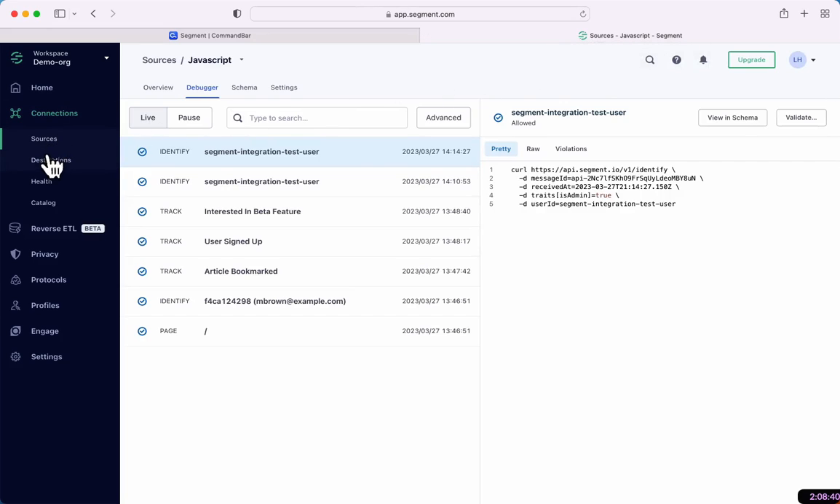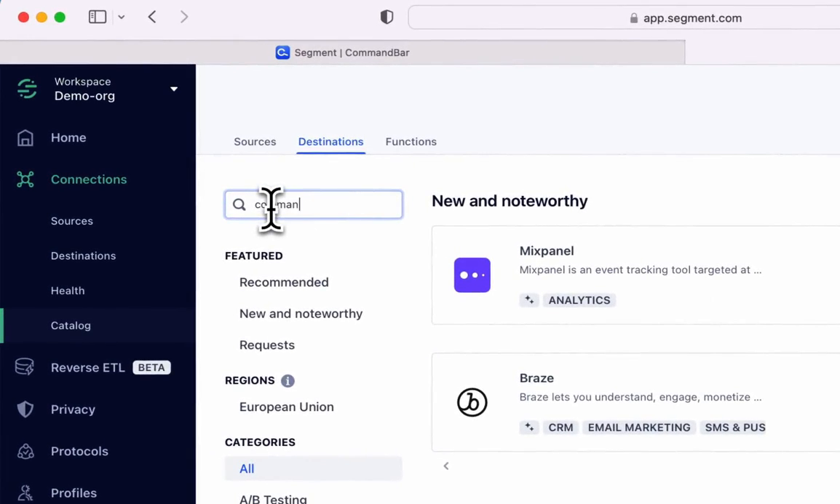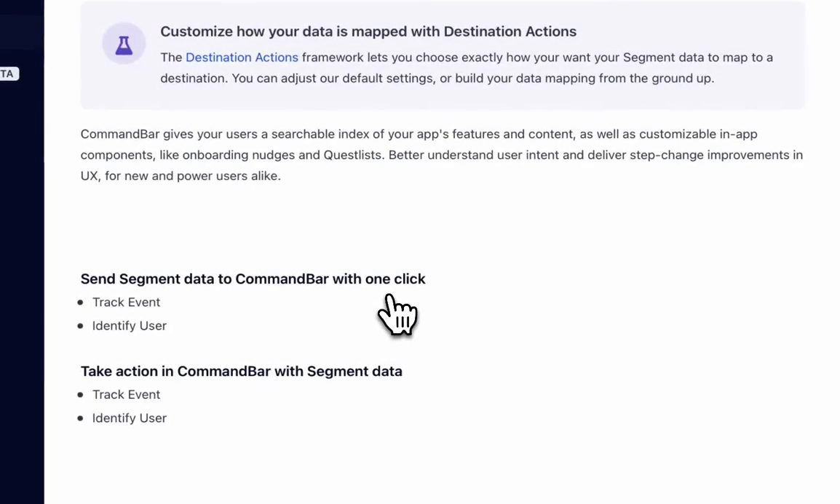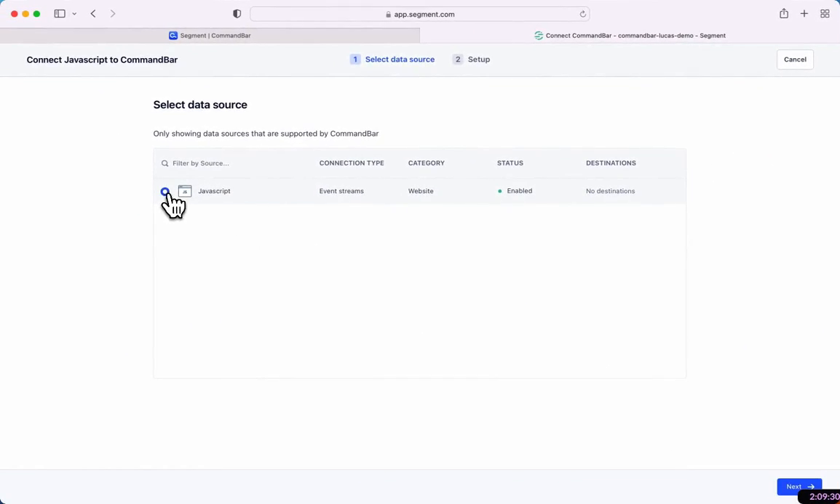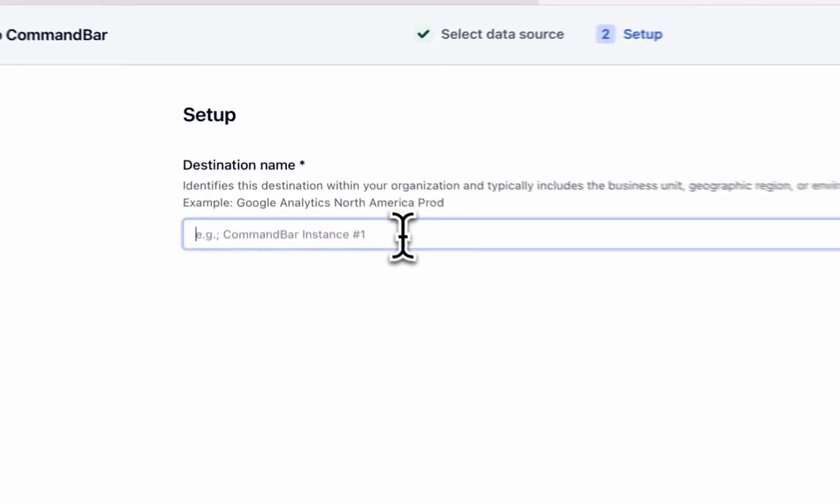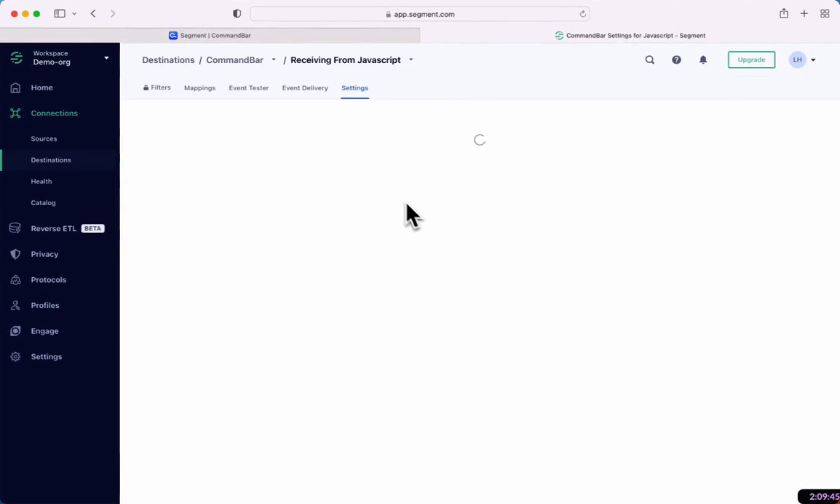I'll hop back into Segment, go to destinations, I'll add a destination here. I will filter to CommandBar, click in, configure CommandBar. I'll tie it to this source. So what this means is that I am sending my Segment source's events to CommandBar. And I'll call this CommandBar. Create destination,